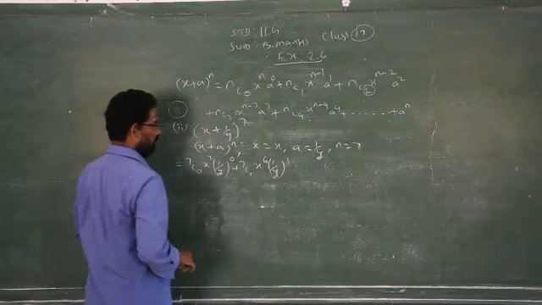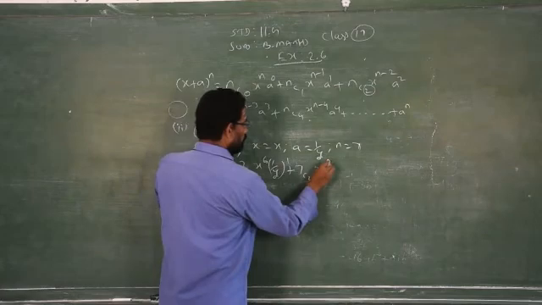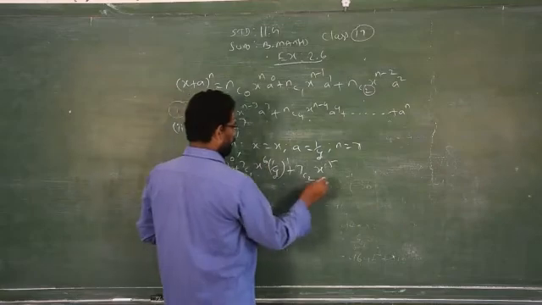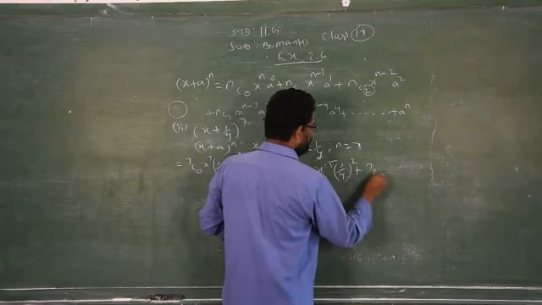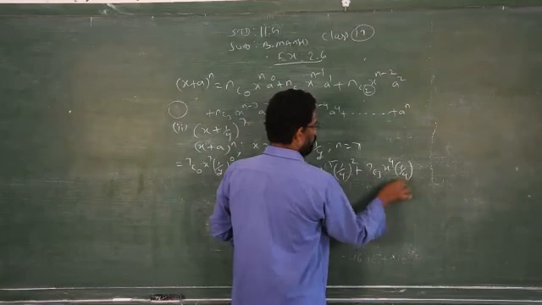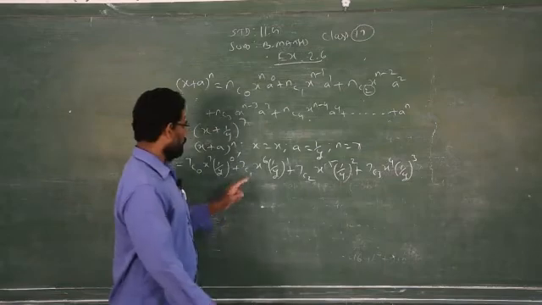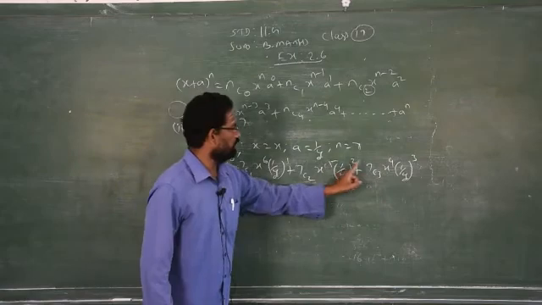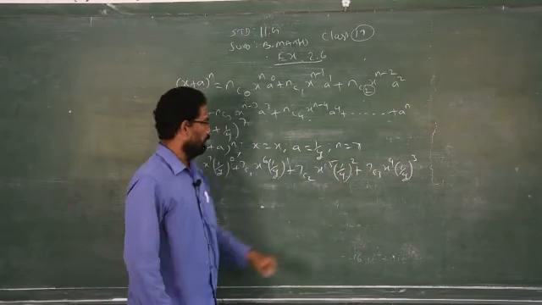Add 1. I got the next one. Then 7C2. You have to reduce 1 in the power, 5. Add 1 to the power of 1 by y, 2. Plus 7C3, x power 4, 1 by y power 3. See? You have to reduce 1 in the power of x: 7 minus 1, 6, 6 minus 1, 5, 5 minus 1, 4. And you have to increase the power of 1 by y: 0 to 1, 2, 3, plus